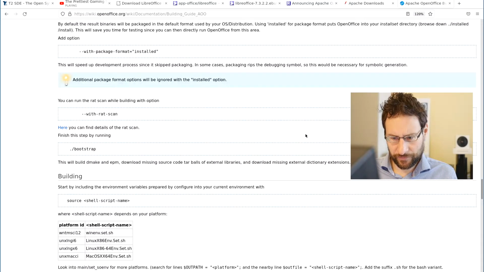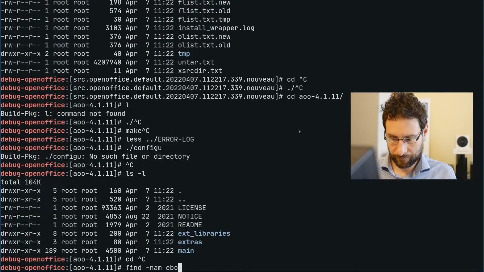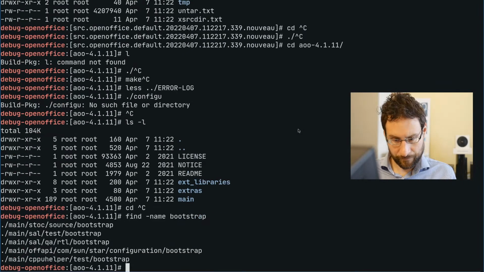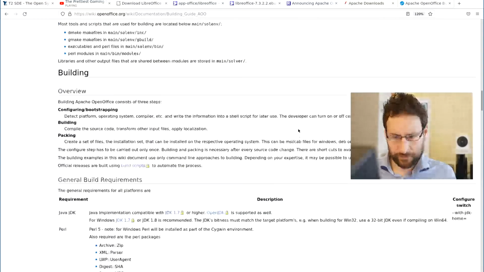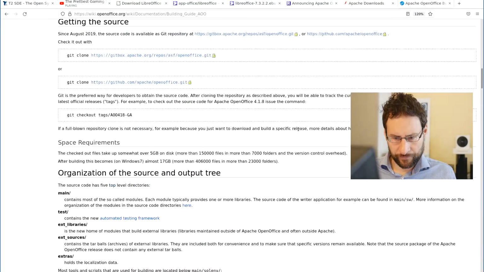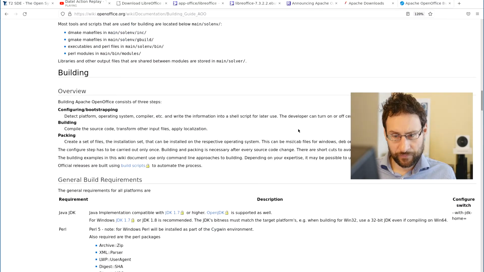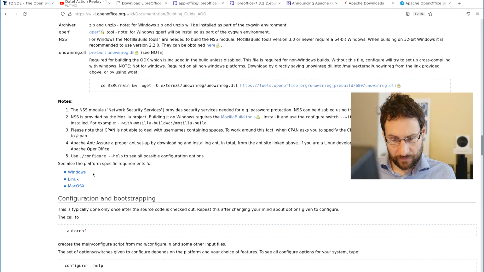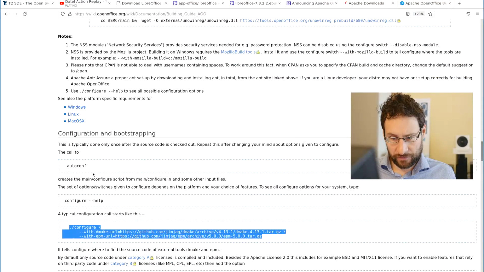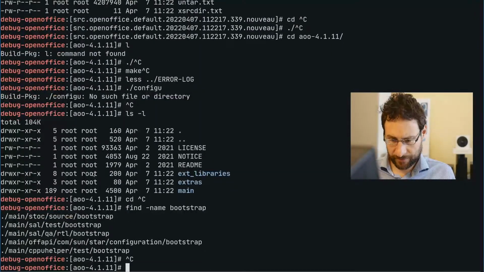Where do they want that? Main, yeah. So configure, where do they have? Main, contains most, test, X libraries, extras. Detect, yeah. I mean, they even document the configuring detect platform. So they only once after the source code is checked out, where do they have the configure?